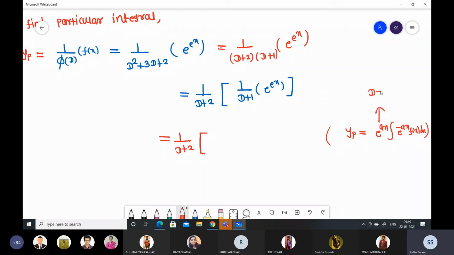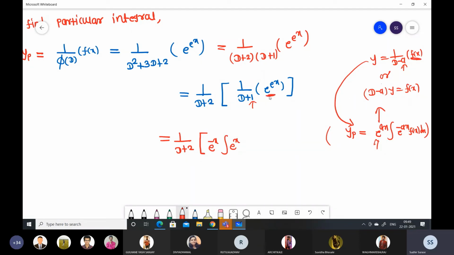If you have d minus a times y is equal to f of x, or you can say y is equal to 1 upon d minus a f of x, then we can use this formula for yp, right? So here we can see if there is a negative, then outside you are taking positive e to the power positive ax, and if there is a positive, then outside you are taking negative. So here we can see positive 1 is there, so outside has to be negative e to the power negative x, and inside it's positive, e to the power positive x, and f of x means right hand side.